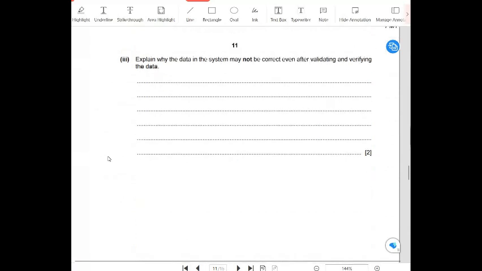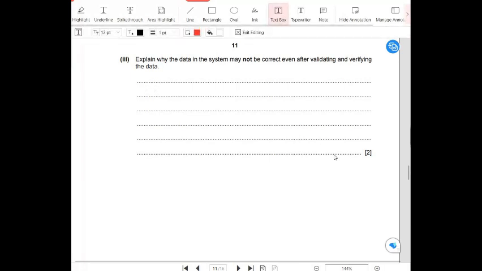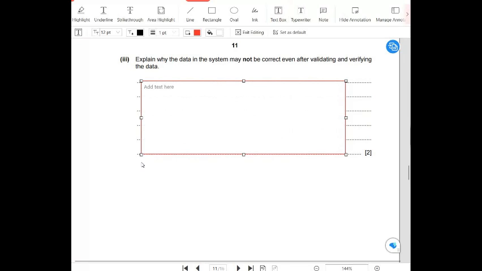Okay, next bit. We need to explain why the data in the system may not be correct even after validating and verifying the data. So it may still not be correct because validation checks data is reasonable, whereas verification checks to see if the data matches the data given,